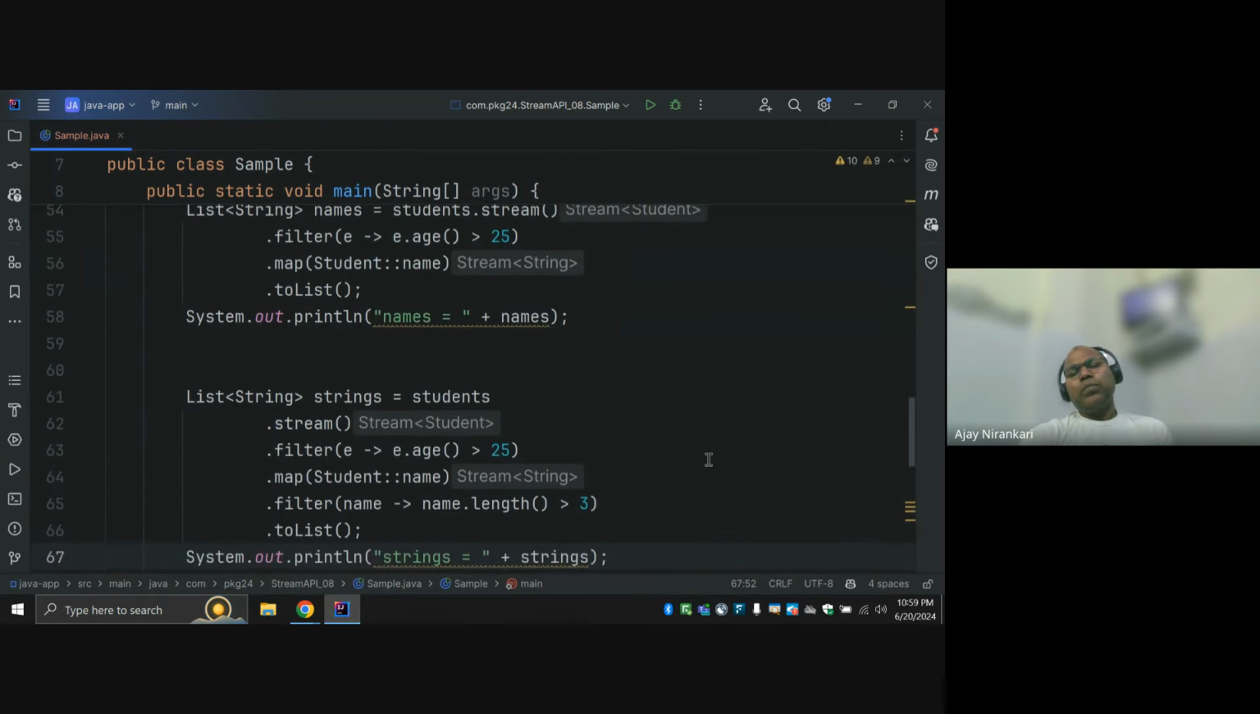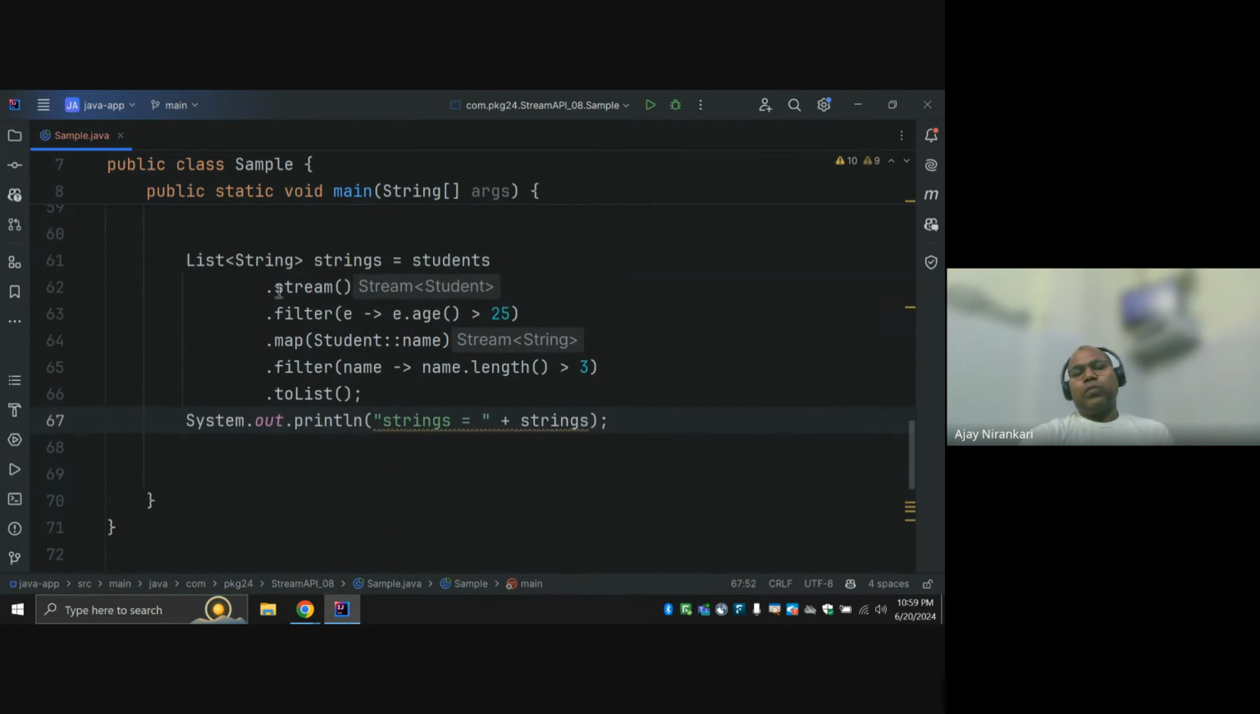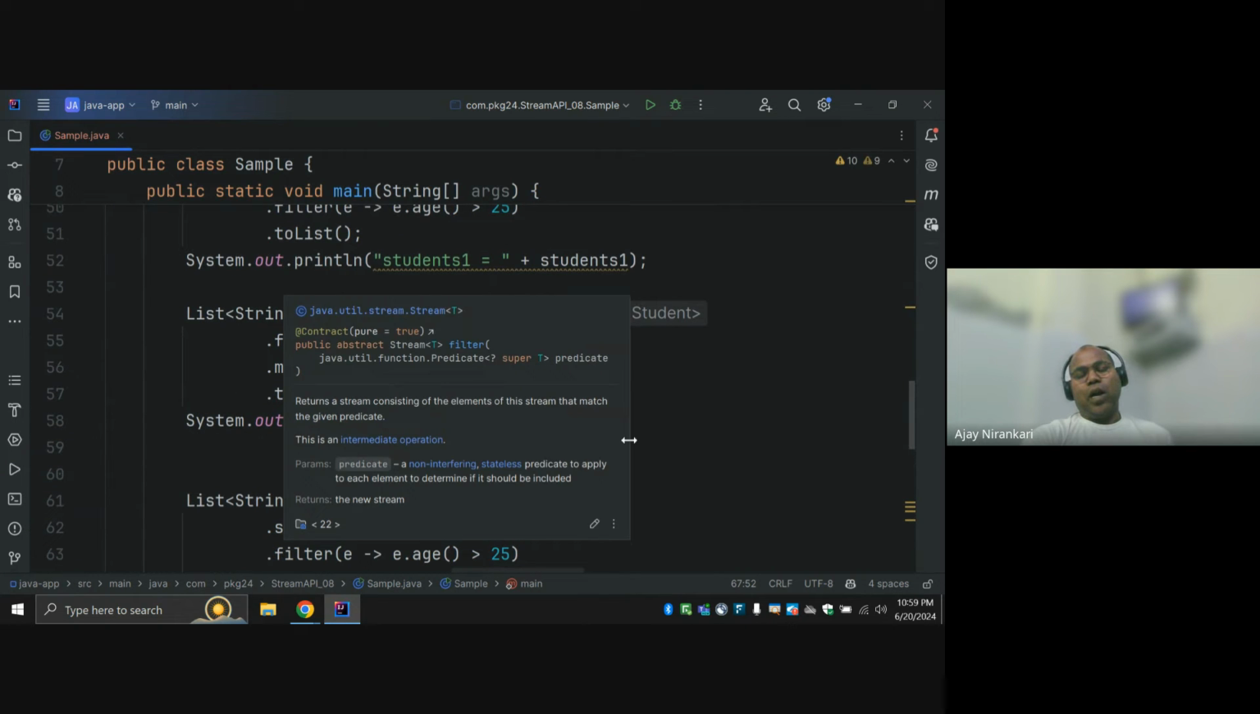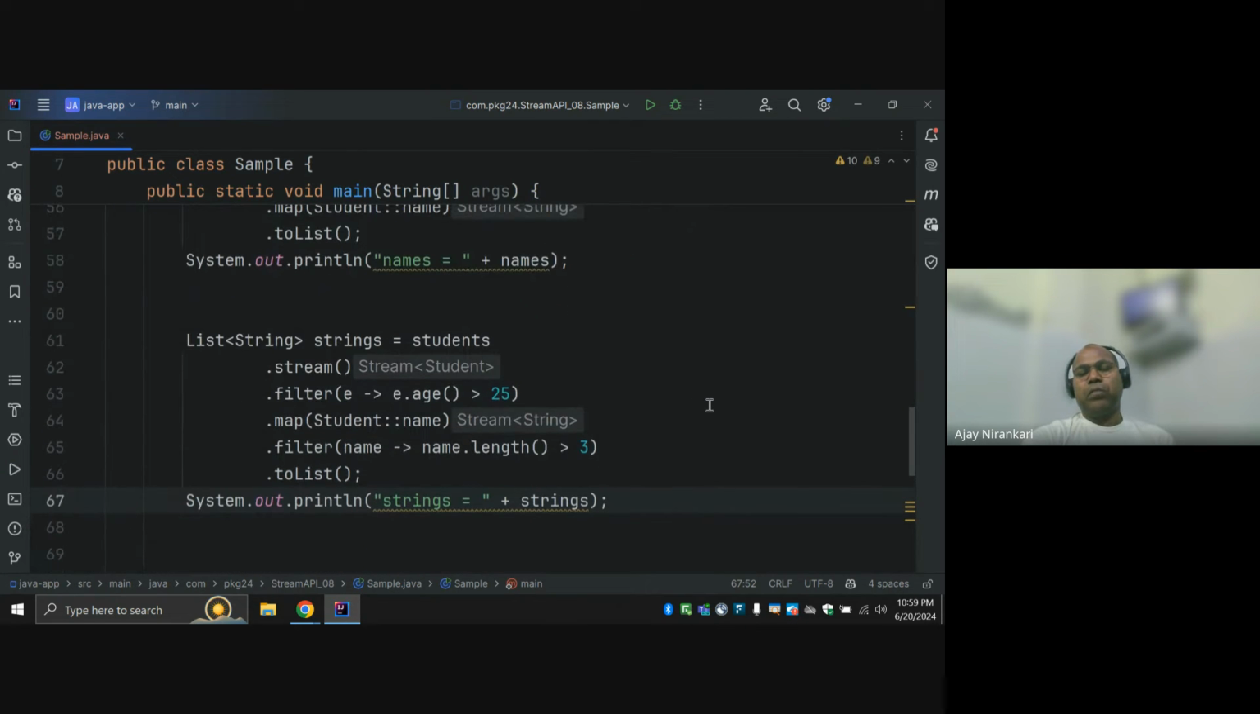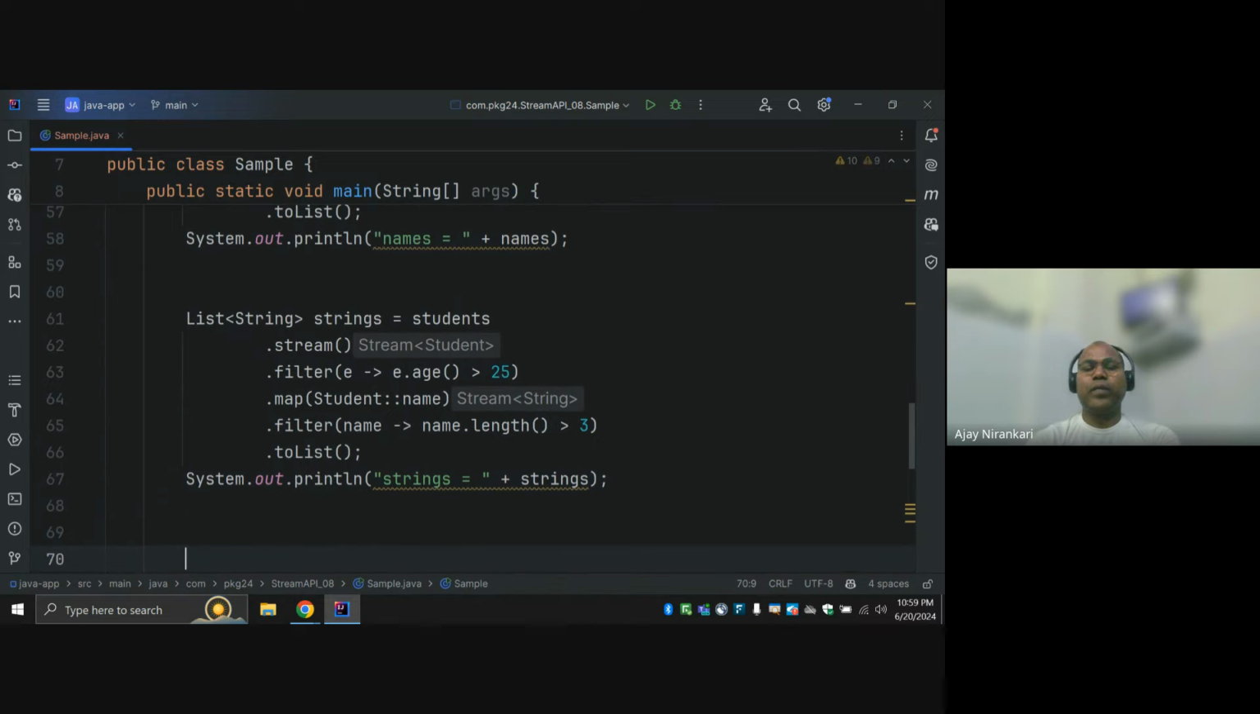It's good, but sometimes, whatever list of students I have, I want to arrange them on the basis of their name, or on the basis of their age, right? Like ascending order, descending order, even both, right? So for this also, Stream API gives a very nice implementation, right? So let's say